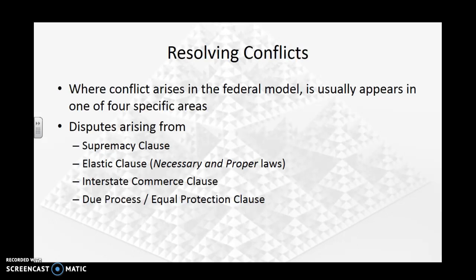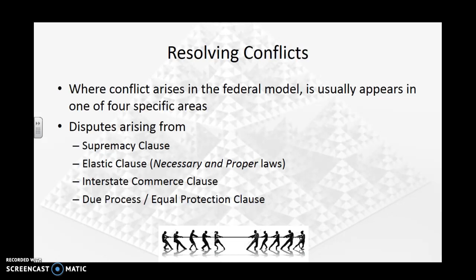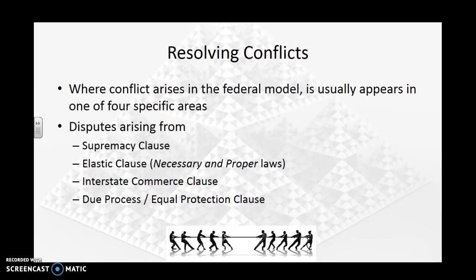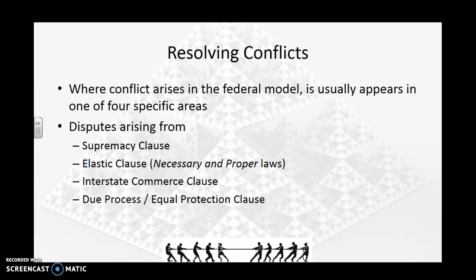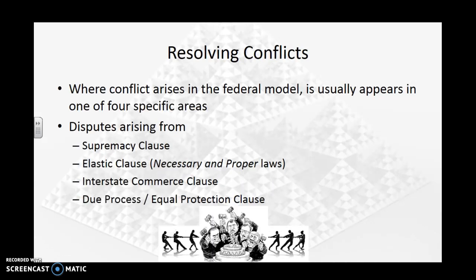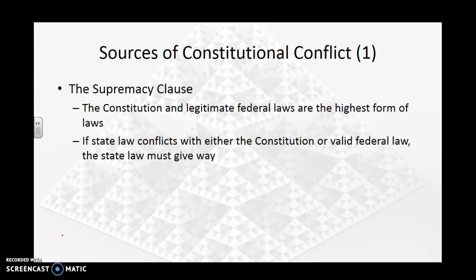So this is Federalism Part II, and we're talking about resolving those conflicts between the federal government and the state government, and it generally will occur on one of those four particular things. And what we find is that we've got state governments on one hand, we've got federal governments on the other hand, and sitting between them when all of these disputes are ongoing. Well, who do you think that might be? Of course, it's SCOTUS. So the Supreme Court determines where the balance of power lies at any given time. And it will be a function of one, generally, of these 4 points. So let's have a look at those.